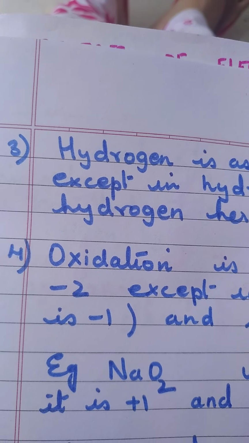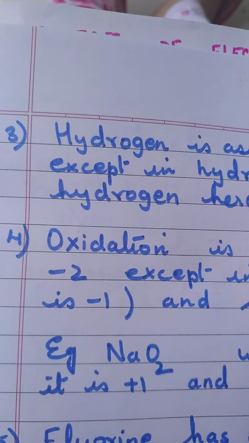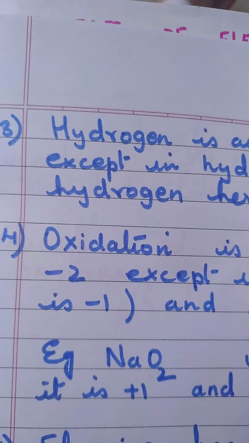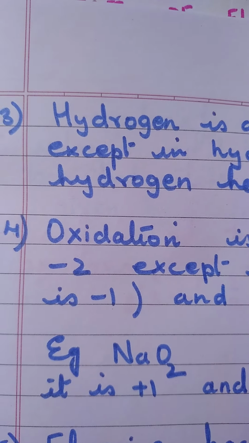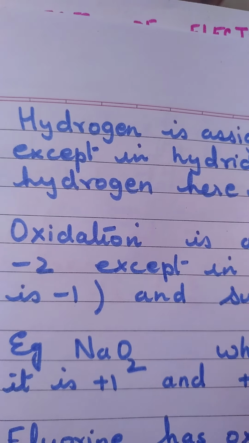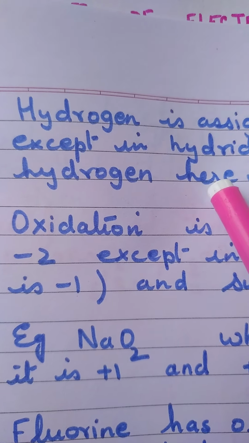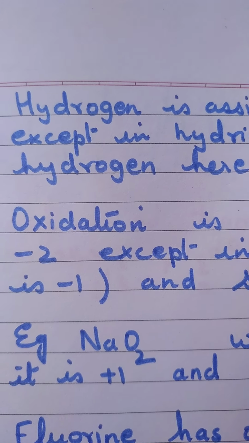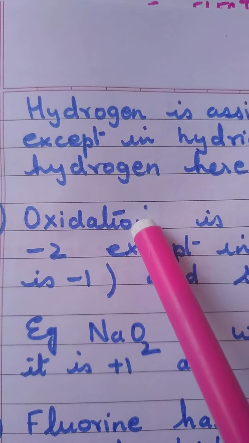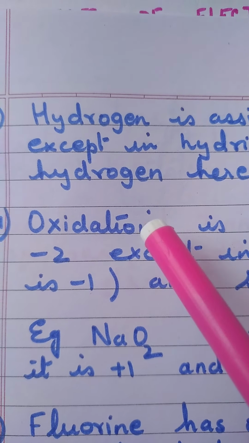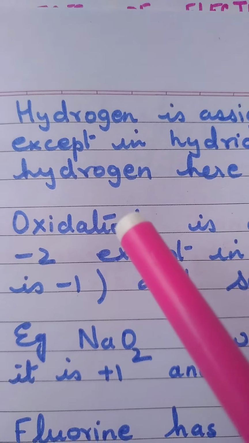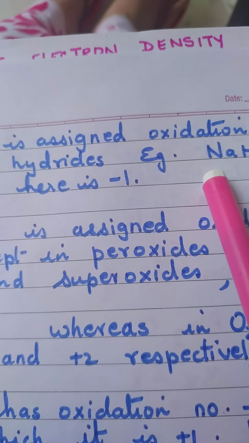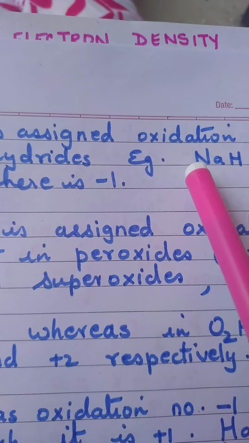As we know, hydrogen has a tendency to lose one electron, so it is always going to be +1. But since it has one electron in the first energy level, it can also accept one electron, and when it accepts one electron, the charge on it will be -1. But this is the case only when it combines with a more electropositive element, that is, any element which is going to give it one electron, like sodium, potassium and magnesium, the alkali and alkaline earth metals.